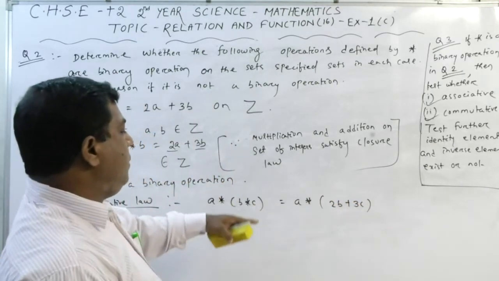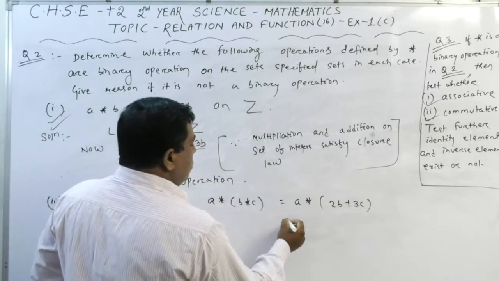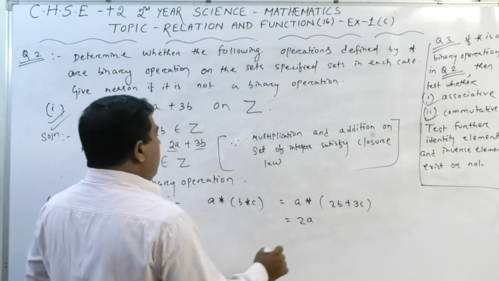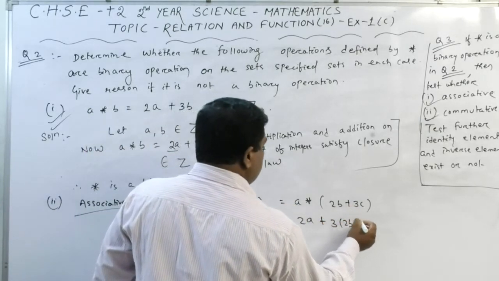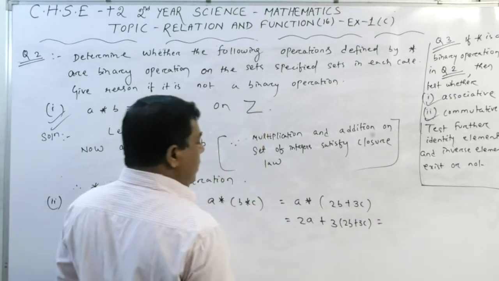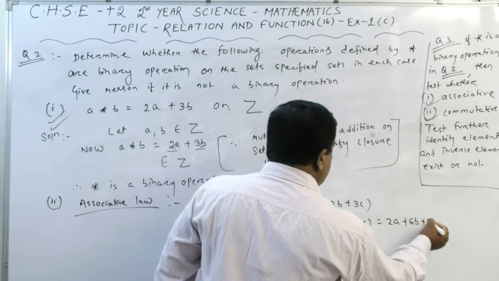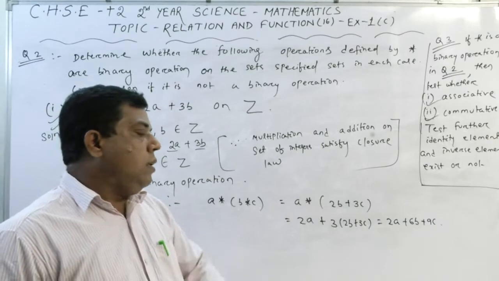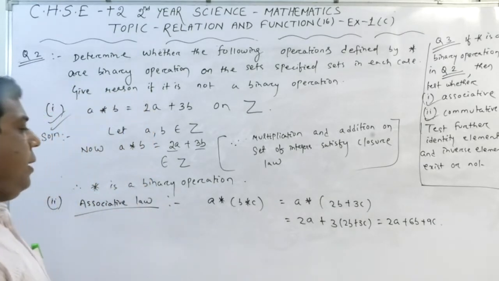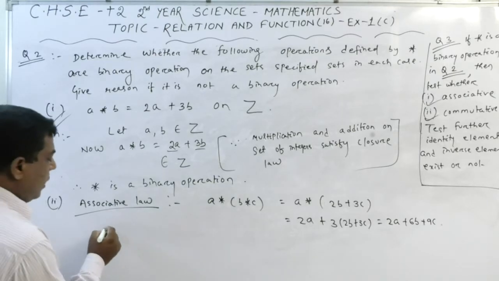Now what it gives? A operated, or A star, with this result. So it is 2 times of A plus 3 times of the second value, that is 2B plus 3C. So what we get finally? We get 2A plus 6B plus 9C. Yes or no? We get 2A plus 6B plus 9C. Okay. Now we go for the again